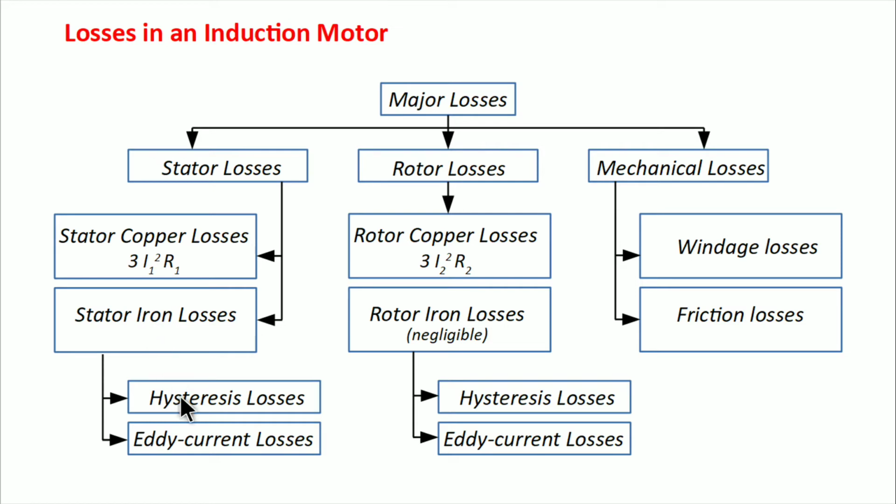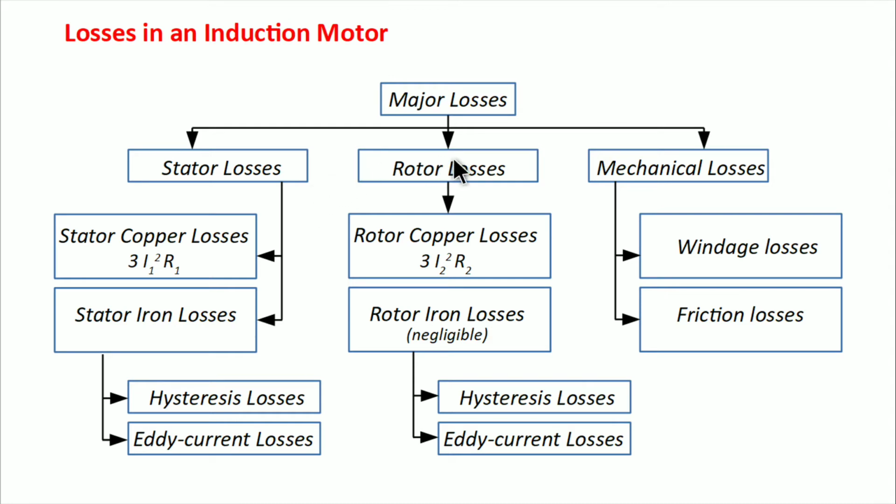using good magnetic material, for example silicon steel for the core, and eddy current losses can be reduced by having a laminated core in place of a solid core. The laminations are insulated from each other, so the area of cross section for the passing of eddy current reduces. As a result, the current reduces, and finally the eddy current losses are minimized.